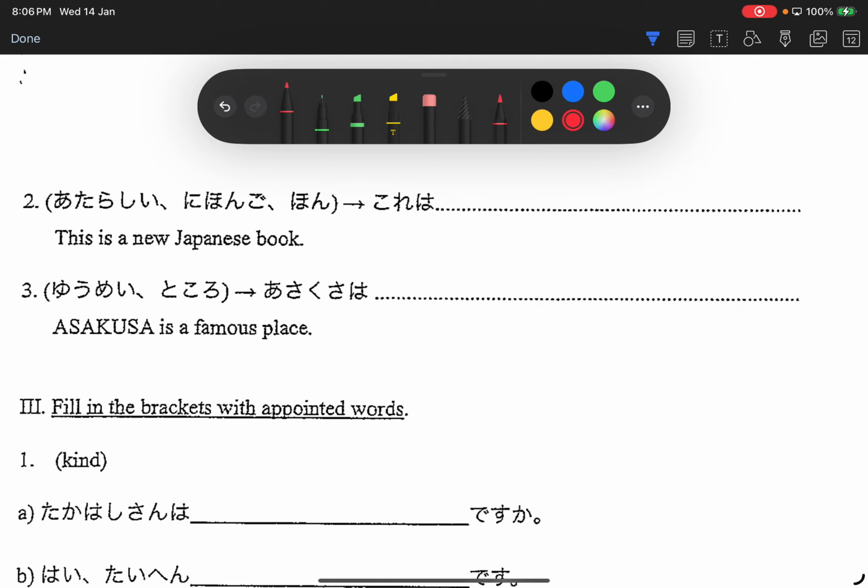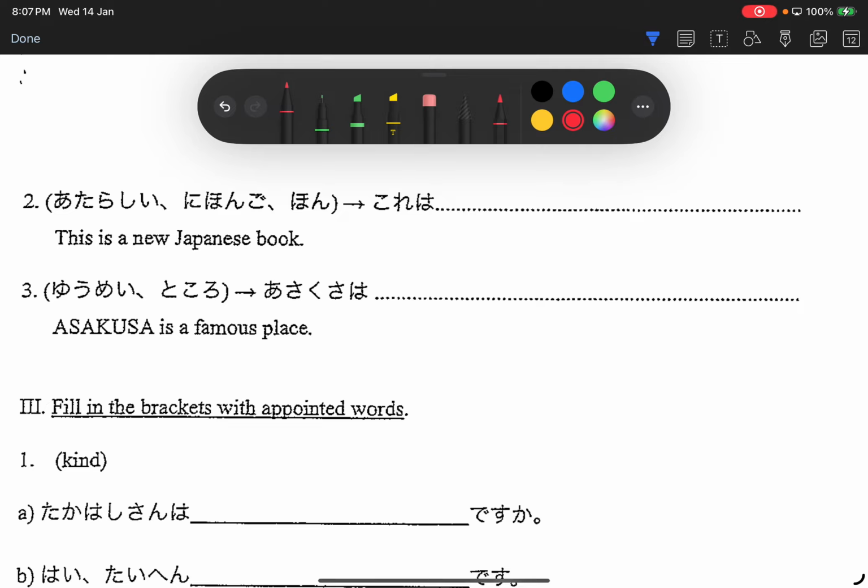Just put it there. Right, so 新しい日本語の本です。Any other answers or disputes? No. Yeah, very important to end with です. Very polite. 日本語の本は新しいです。